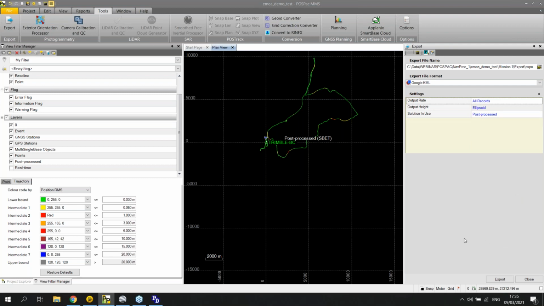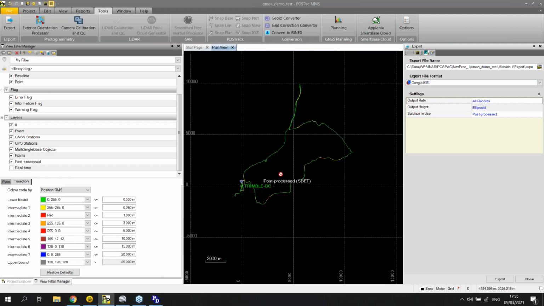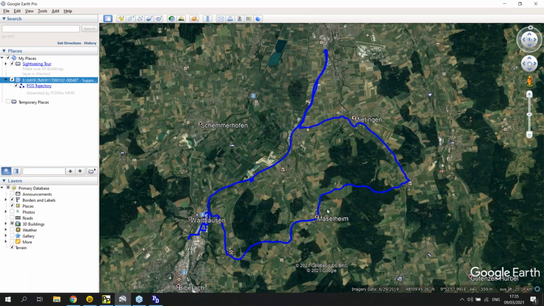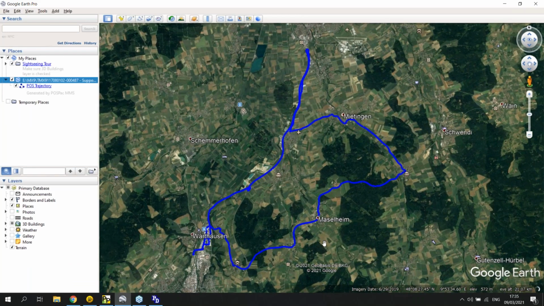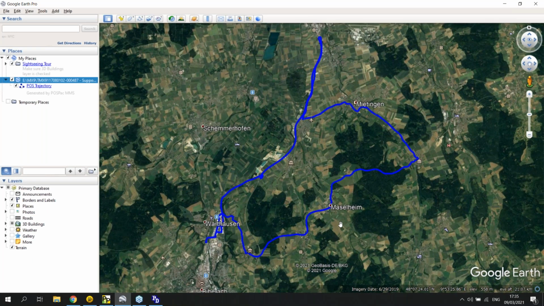I will not export this now. I have done that already, so I will just show you how this data looks in Google Earth. Keep in mind the shape of this trajectory here. It's the same trajectory here in Google Earth. So what I would use this for is, of course, I could just keep track of where I traveled, or